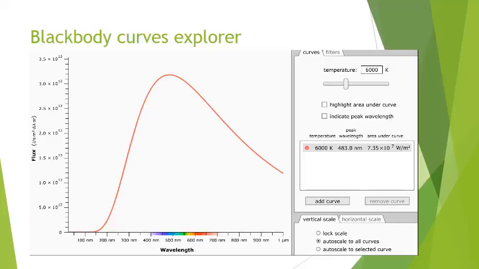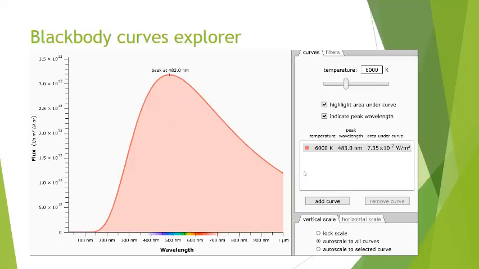Okay, so this simulation allows me to play around with different types of stars. Right now we've got a 6,000 Kelvin star, and we have a graph that shows the intensity of the light that it's producing versus wavelength. Again, the star does not just produce one type of light. It produces a huge range of light. It's producing visible light, infrared, ultraviolet, etc. And we see that it does have a peak. It tends to peak at this temperature. We've got a star that's peaking essentially in the bluish area.